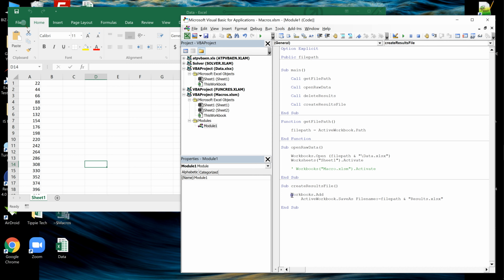Notice the code here. We have workbooks add, and then we say activate the book and save as that path with the name results.xls. So when we run this code is going to open this,